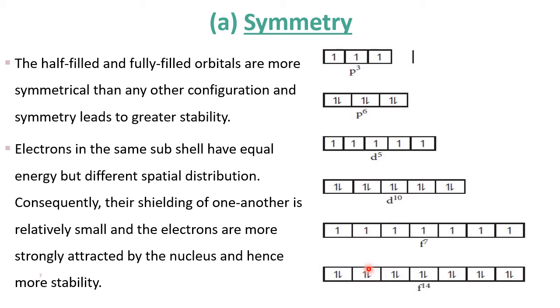So that means they are not shielding each other. When they are not shielding, not protecting, the nucleus will control. They will attract the electrons. When the nucleus is controlling, it is more stable. They will not go for the reaction; they are under the control of the nucleus. That is the meaning of this second point.